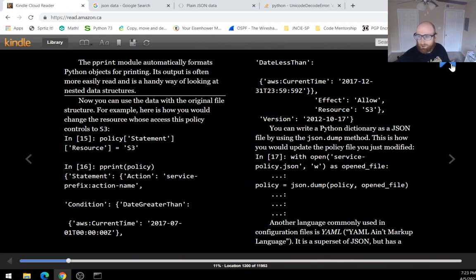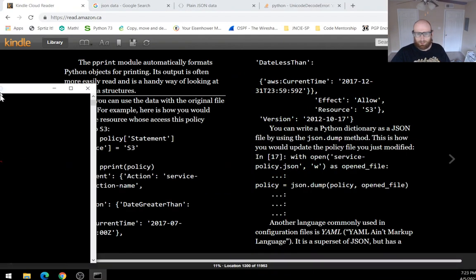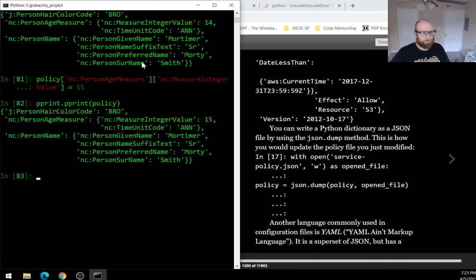You can write a Python dictionary as a JSON file by using the json.dump method. This is how you would update the policy file you just modified. So now we can save our JSON data. We can overwrite the JSON file we made called, oh, I forget what we named it. I think json play.json. So if we just do with open json play, yep, it auto-completes. It's so nice. Such a nice terminal. As